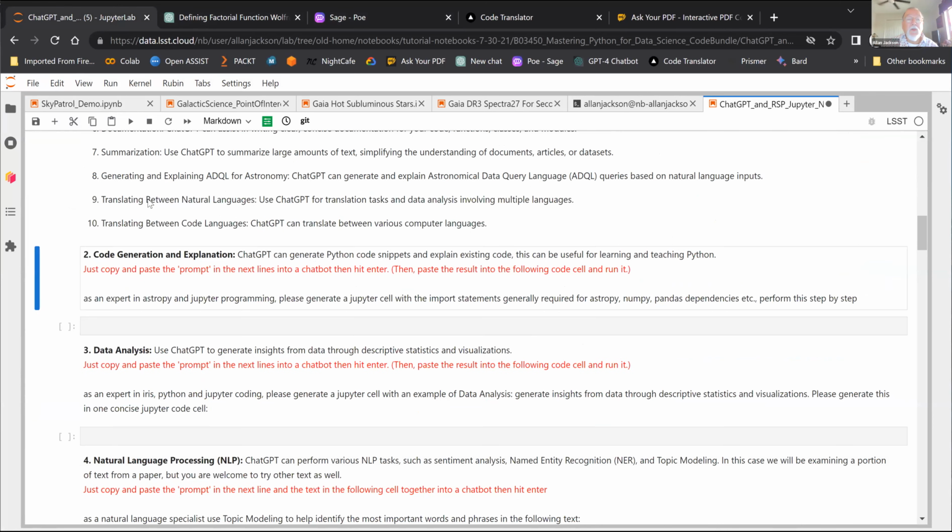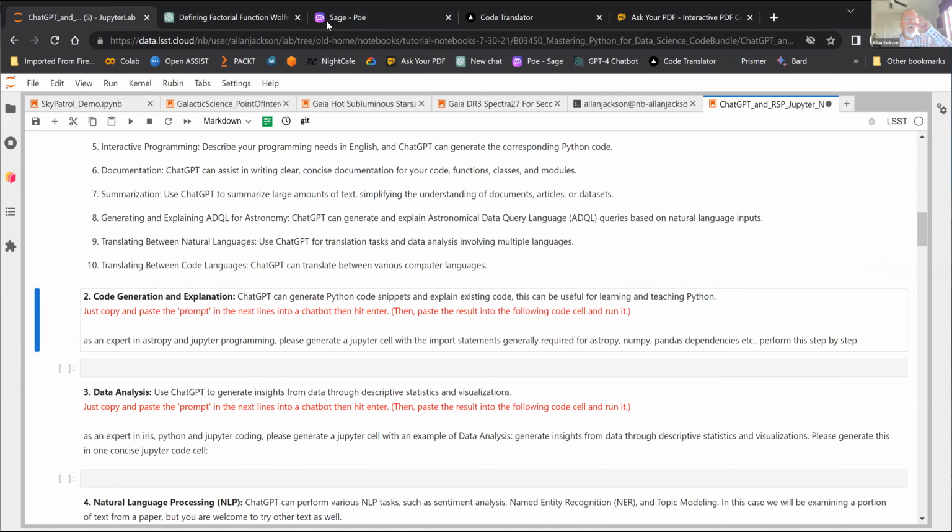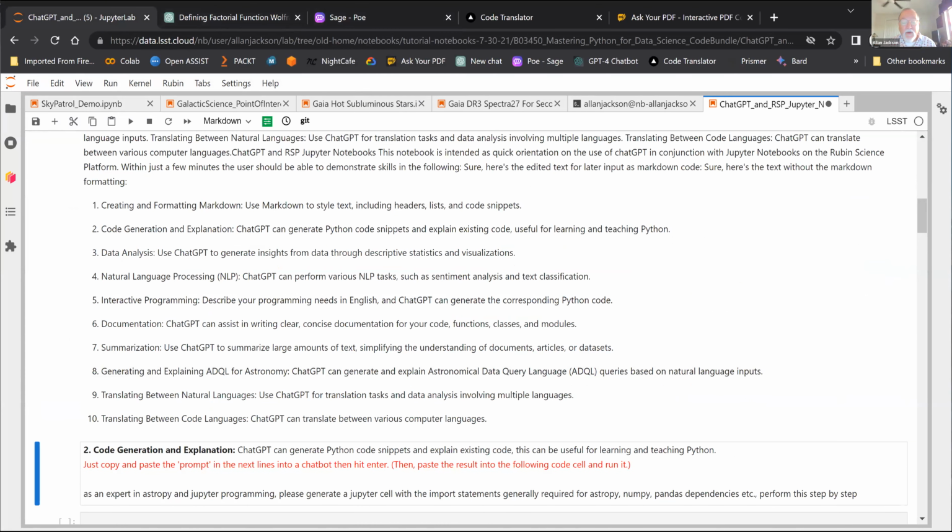Okay, that doesn't look like Markdown code at all. So we'll go back in there, and this time we'll tell the bot to specifically generate Markdown.